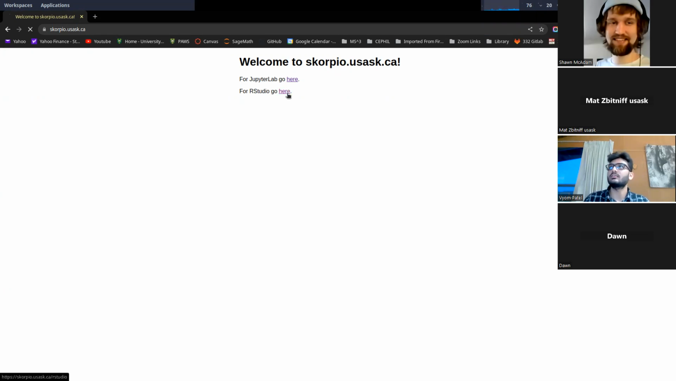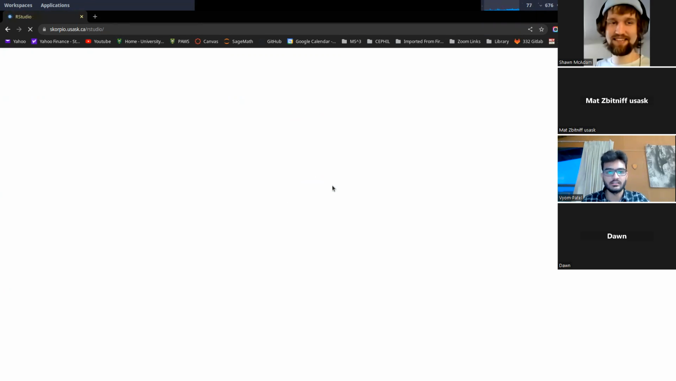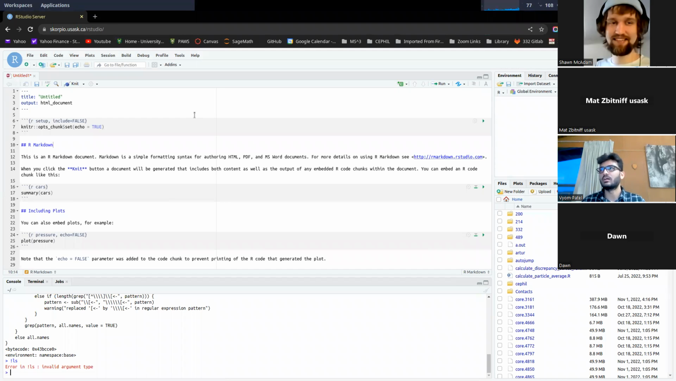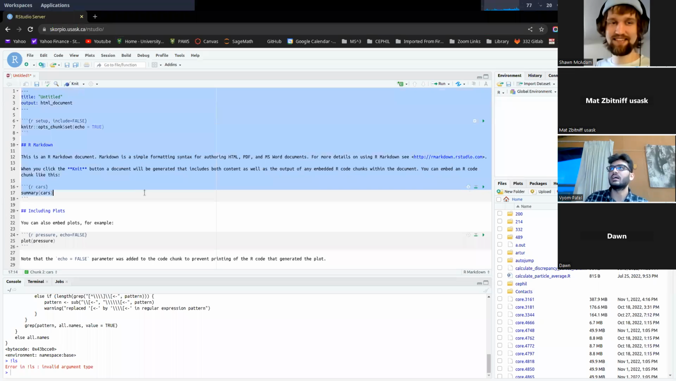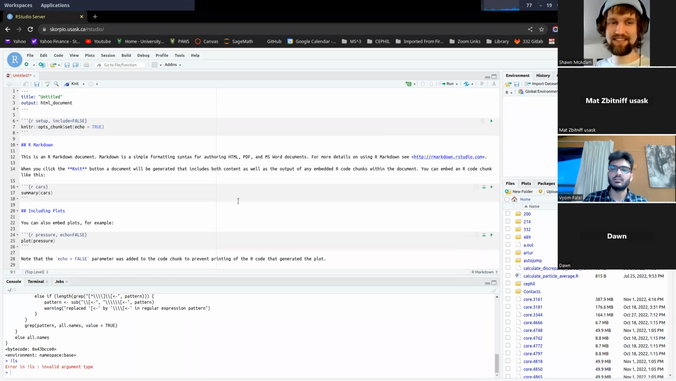So just click on go to RStudio and it will ask for your username and password. This is the same as your PAWS password. So just log in and it should open up an instance of RStudio right within your browser without any extra setup. So this is just the default RStudio template. You can get rid of most of it, but just to show you around,